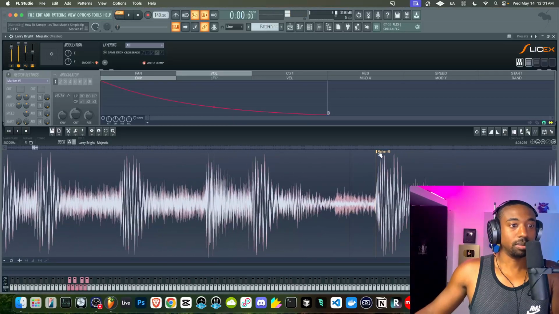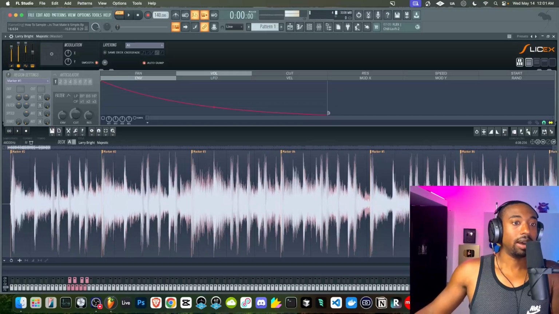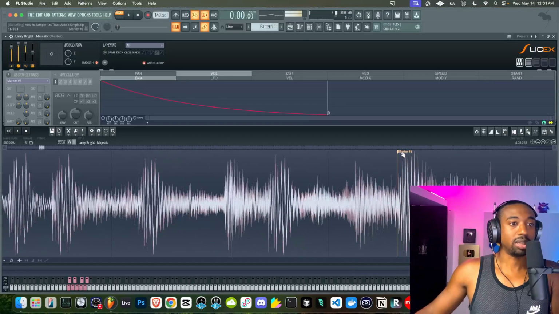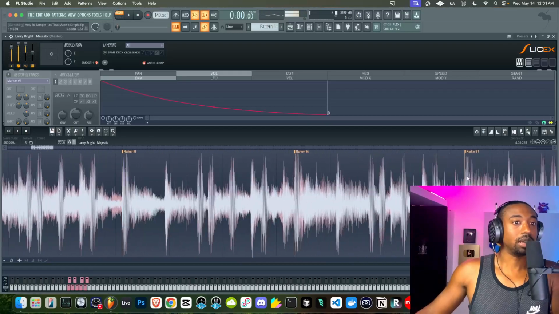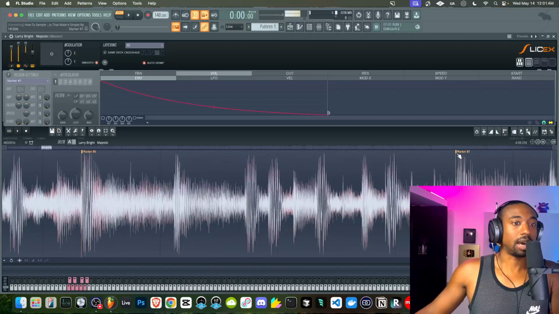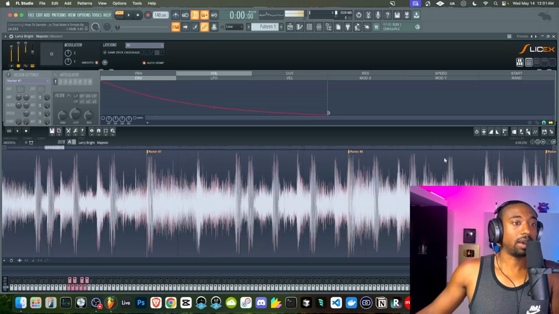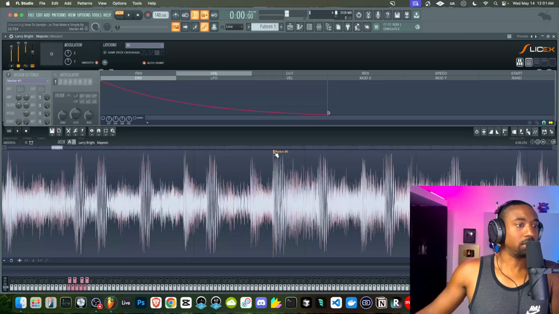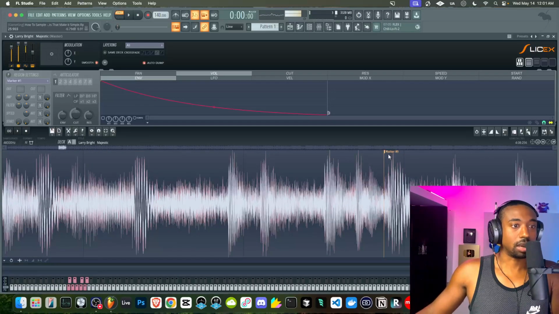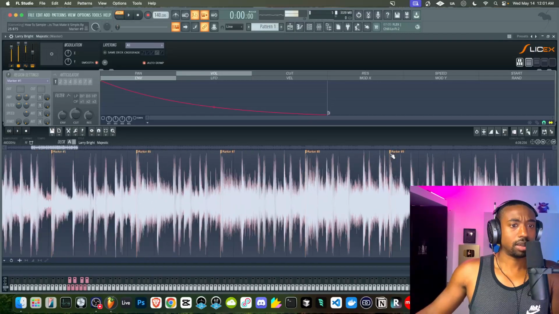So all I'm doing is just moving these markers. Now, every sample is not going to have these pointy parts of the audio where they have a clear kick drum and a clear cymbal and a clear downbeat. So you're not going to be able to just eyeball it like this. And that's why I have different tutorials about how to sample, because it gets very granular sometimes. Okay, so everything looks good.